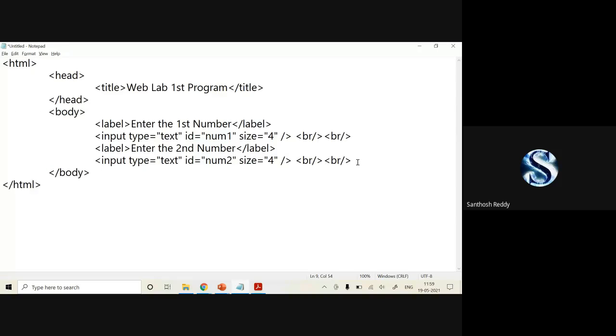It's done. Now I have to draw the drop down box. If I want to generate a drop down box, which tag do I have to use? Can anyone tell me? I'm asking you people, which tag do I have to make use of?